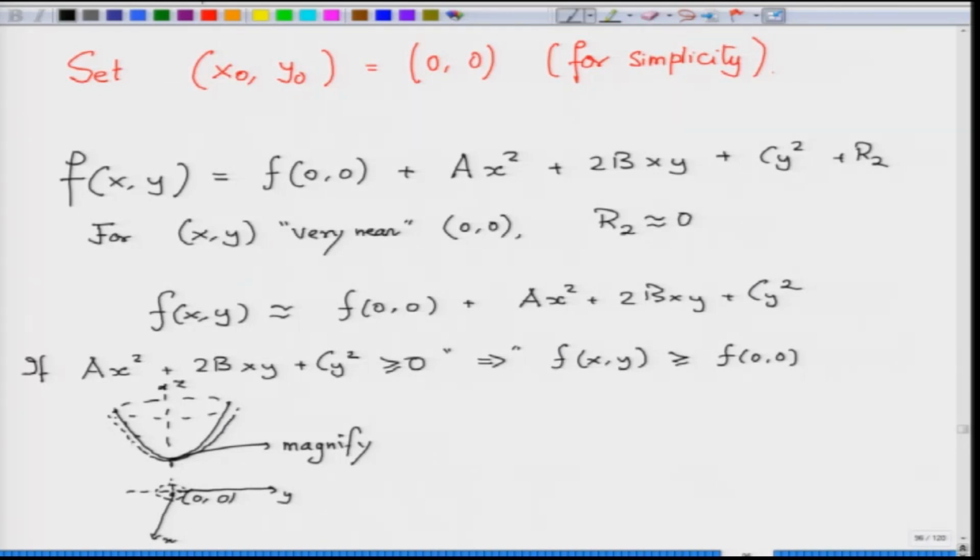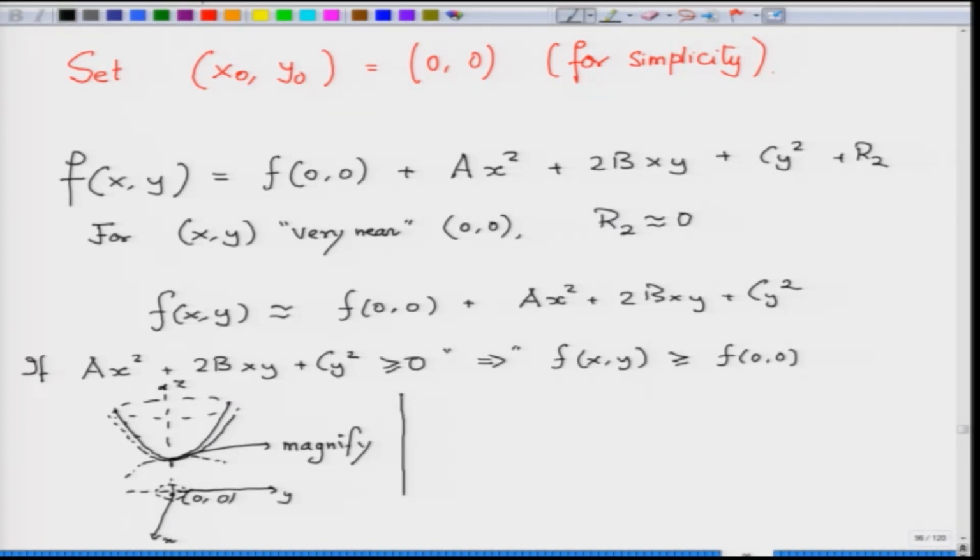the quadratic function does a very good job, whichever way, this way or that way, it could be like this, also the matching could be like this. That depends on whether this is greater than 0 or lesser than 0, it is kind of maximization, minimization sort of thing. So, this is a very crude writing, don't take it seriously. This is a kind of intuition you try to build up. So, you want to say that okay, very near 0 0, the graph of the function f looks almost like the graph of ax square plus 2bxy plus c.